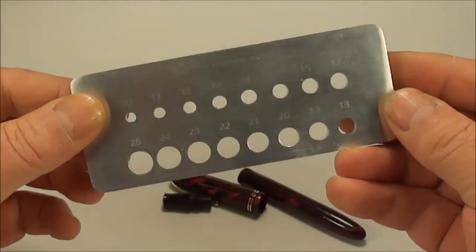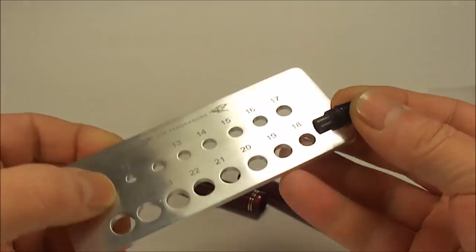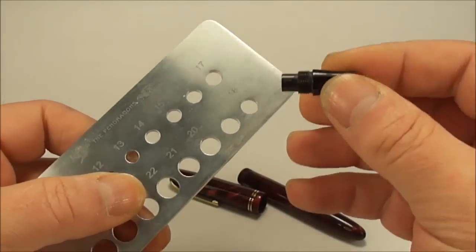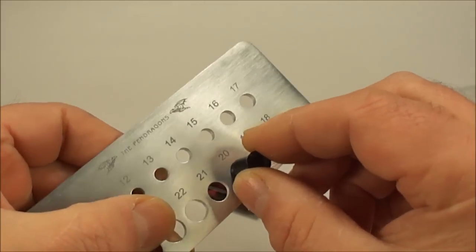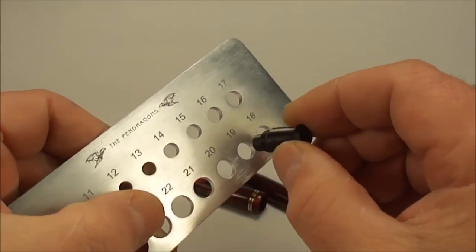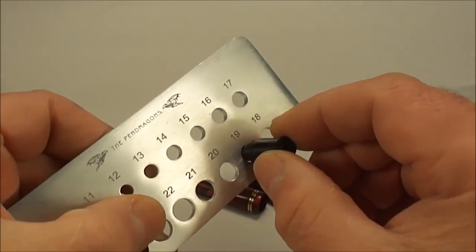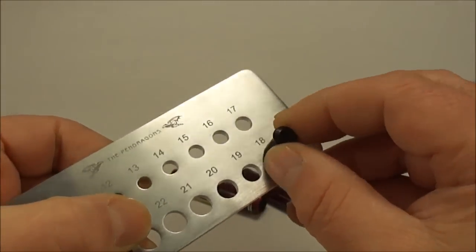They come very handy, and what you simply do is, once you've cleaned the pen, you get the section and you put the section into one of the holes. Now we've got that one in number 20. That's a little bit loose, a little bit big. We've got it in the 19, again it's a little bit loose, and here we go, we've got it in